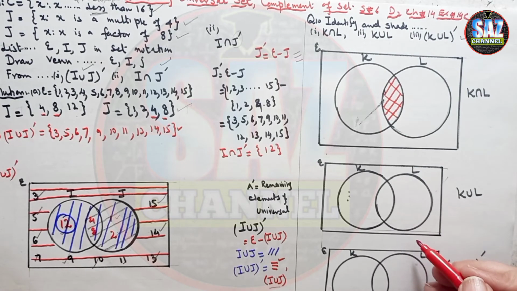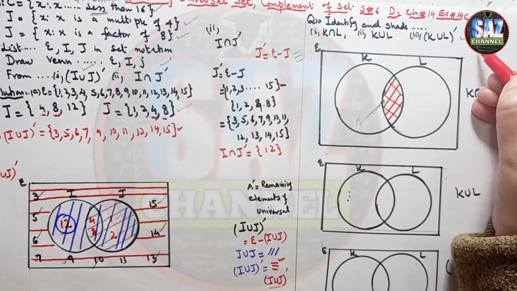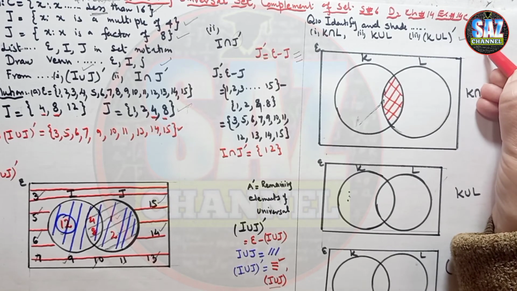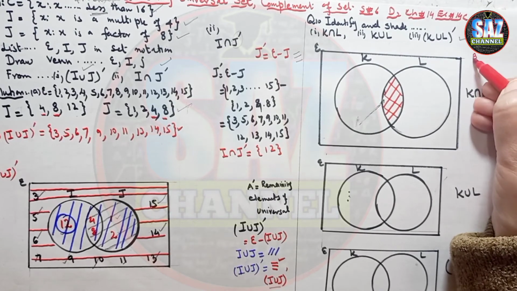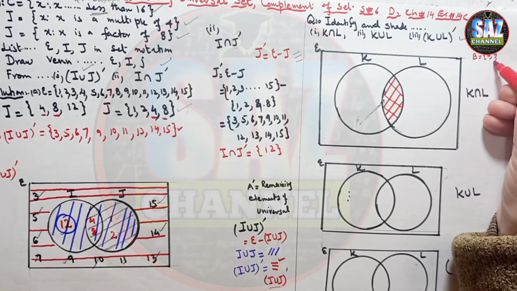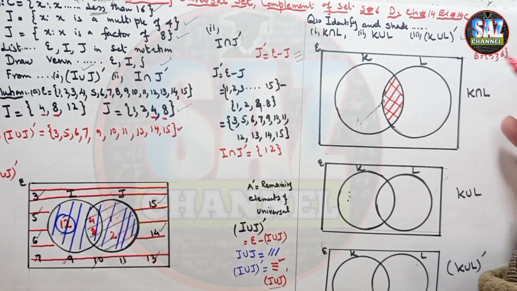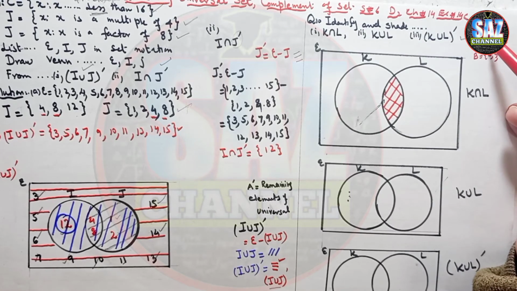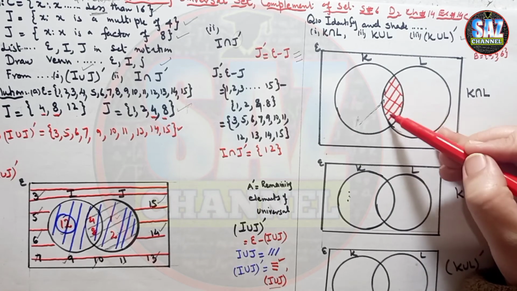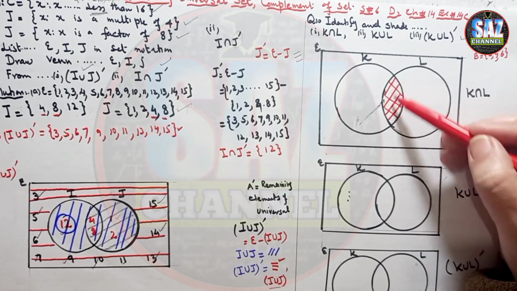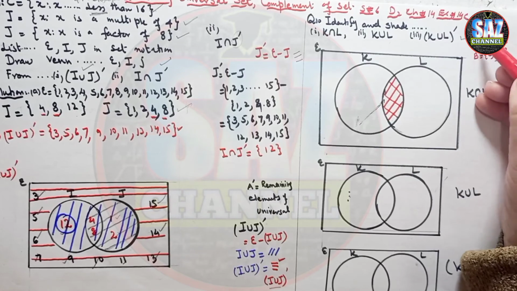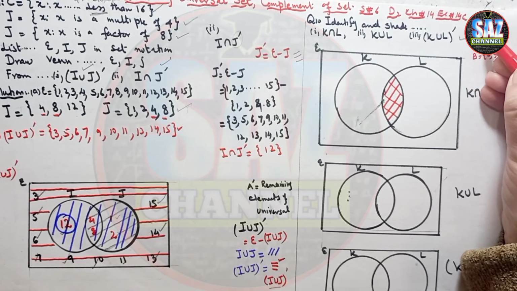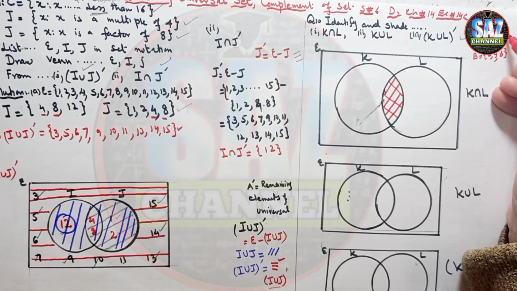If you find any difficulty, you can take a small example in the exam on the rough working, like A can have the elements 2, 3 and 5, and B can have the elements 2, 4 and 6. This small example will help you in understanding all these parts. Now we can see what the common element in both the sets is, that is 2. In case of intersection, I will write 2 here and I will be shading this portion. So I hope with the reference of this example, the question will become really easy for you. Let's take the universal as well, 3, 4 and 5.